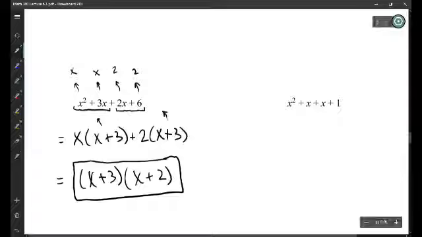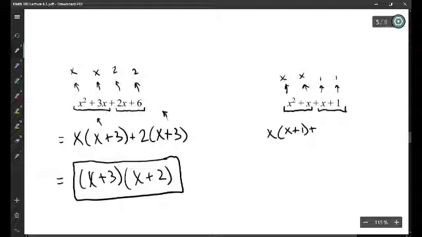Likewise here, we want to make two groups when you see 4 terms. We can factor out an x here, but there's no common factor between x and 1, except 1. Rewriting, we have x times x plus 1